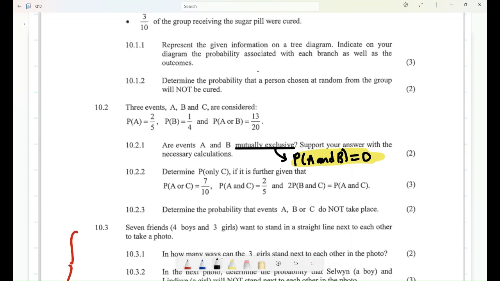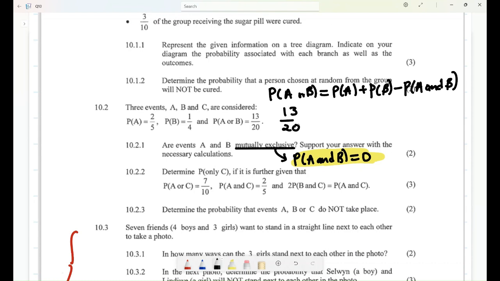From our formula, the probability of A or B is equal to the probability of A plus the probability of B minus the probability of A and B. So what is the probability of A or B? A or B is 13 divided by 20. Then allow me to subtract the probability of A, which is 2 divided by 5, and subtract the probability of B, which is 1 divided by 4. Then this is what I get as my